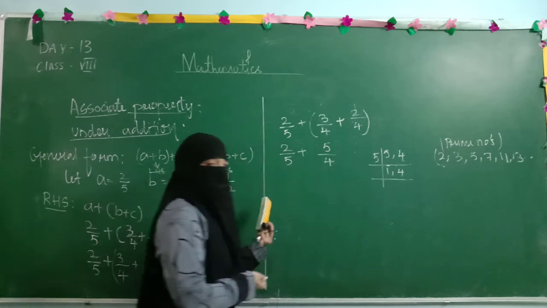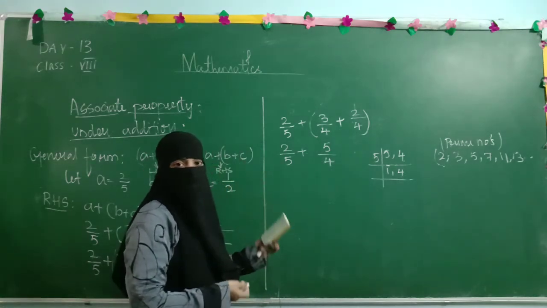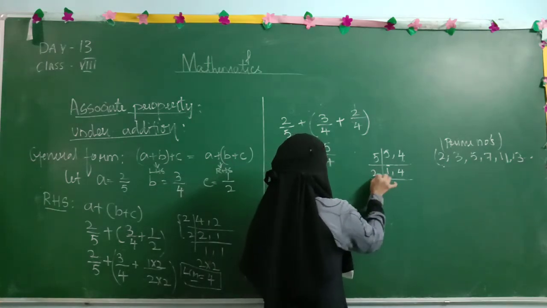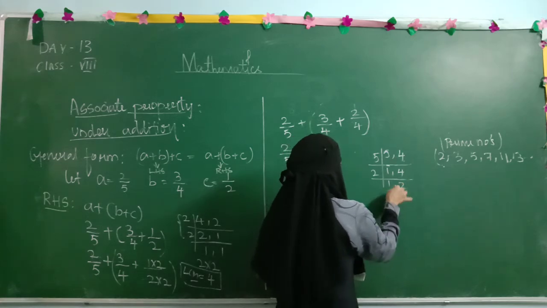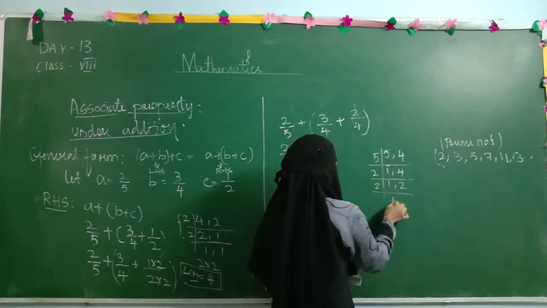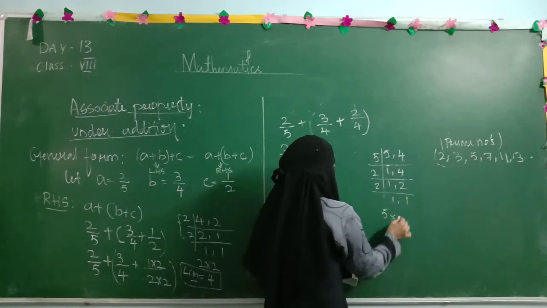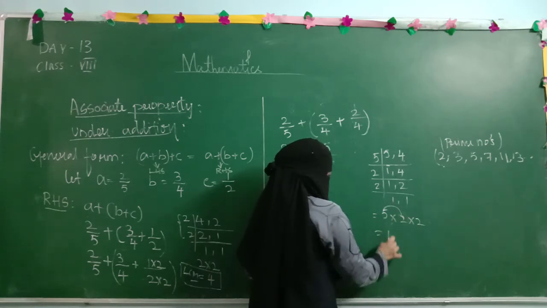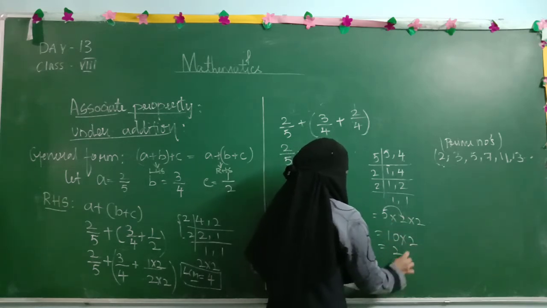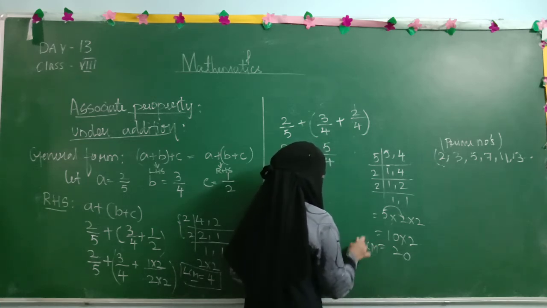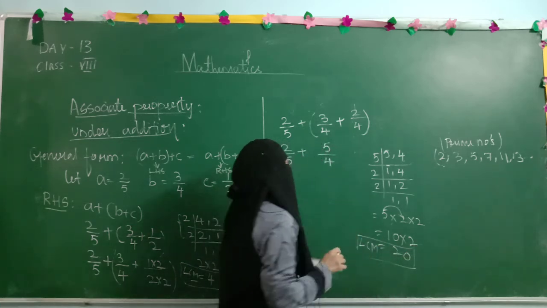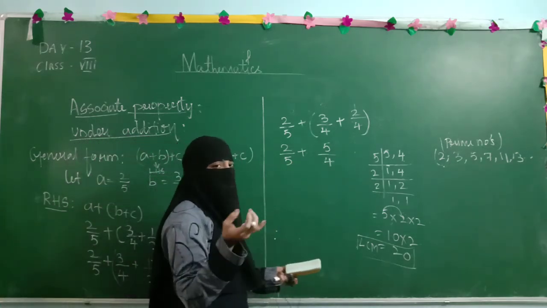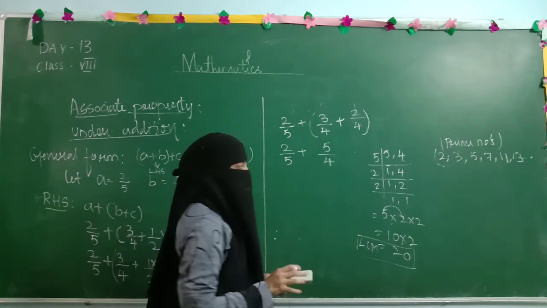See, when we are solving this associative property, simultaneously we are using the concept of LCM and we are learning about prime numbers as well. 2 times 1, then 2 2s are 4, 2 1 1. Now whatever numbers are there, we are going to multiply: 5 into 2 into 2. Now make a pair. 5 times 2 is 10, into 2 equals 20. What is this? Yes, this is the LCM you have calculated by taking these denominators. So here we have recapitulated the concept of prime numbers, composite numbers, as well as LCM. Is everyone clear with the concept?